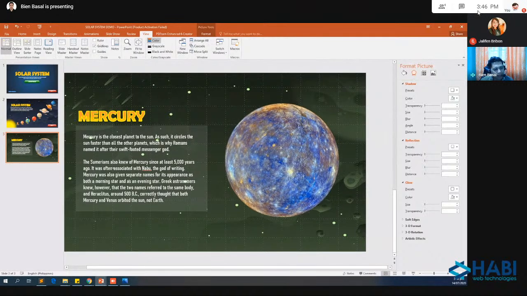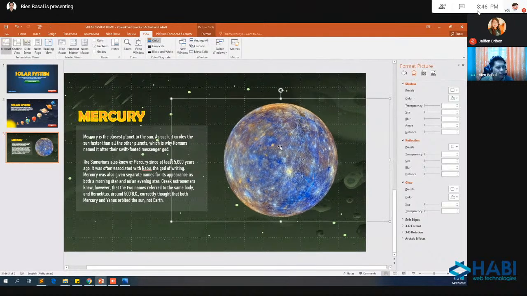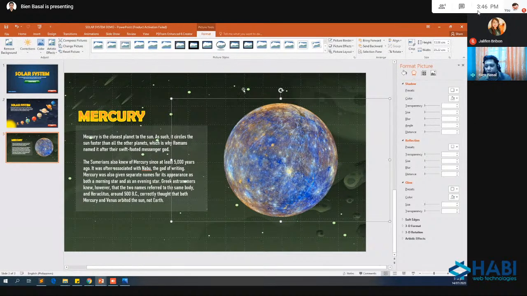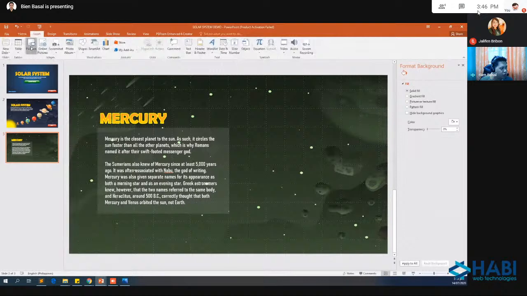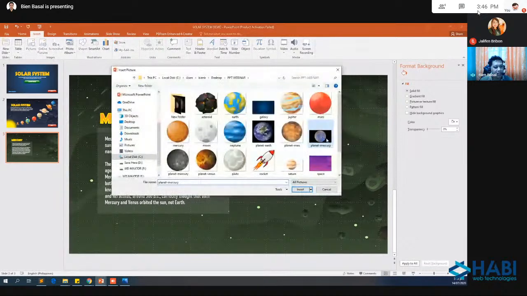So while my image is selected, what other options can you use here? Again, I will go to the Format tab. We're just exploring Format only. Some others are requesting to do it again. Okay, I will demonstrate again. I will insert picture and insert planet Mercury.